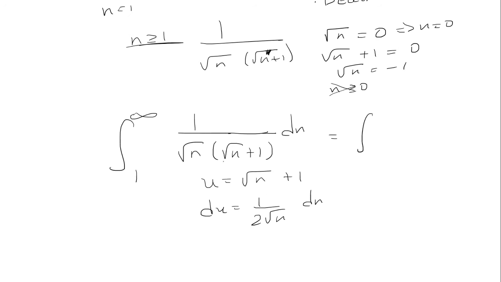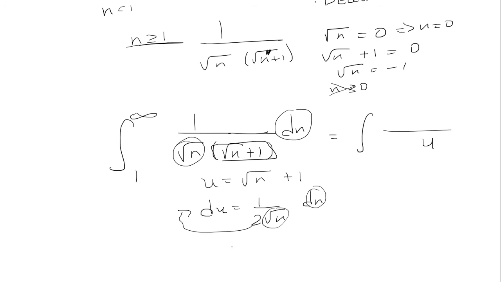So this entire inside we said is u, so we're going to replace that with u. I have dn over root n. Well, that means I have to multiply this 2 over to the other side. So 2 du equals dn over root n. And that takes care of the root n on the bottom here. So it's really 2 over u du, and that's